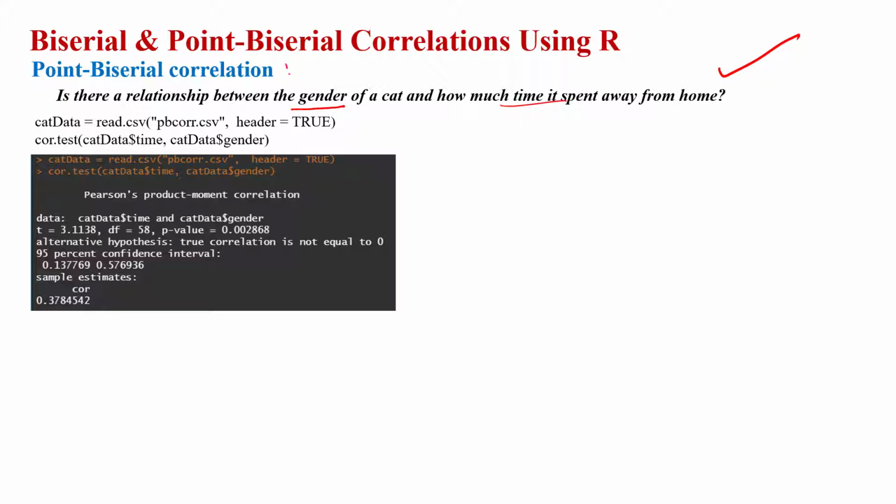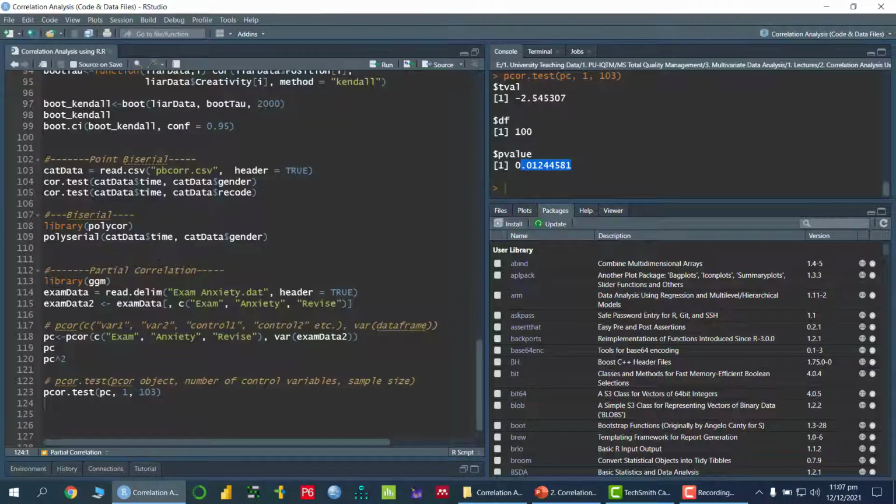So we can apply the point biserial correlation. How can we do that in R? Let me open RStudio. In order to apply the point biserial, first of all, I am going to access this dataset using the following command,